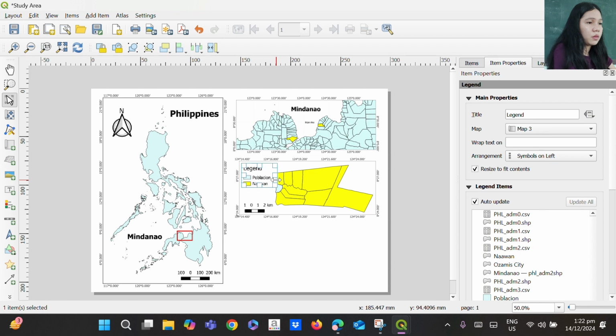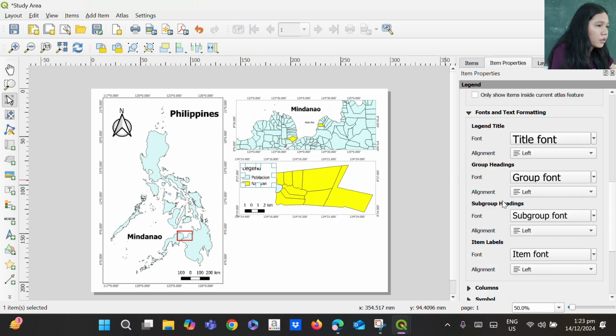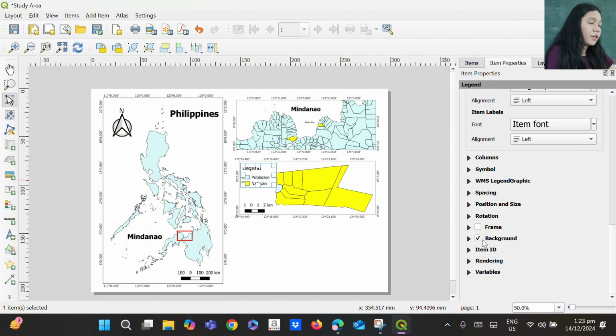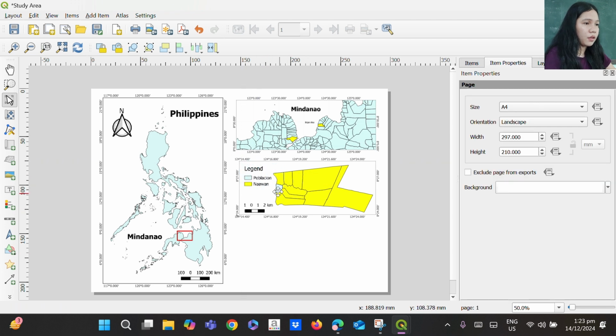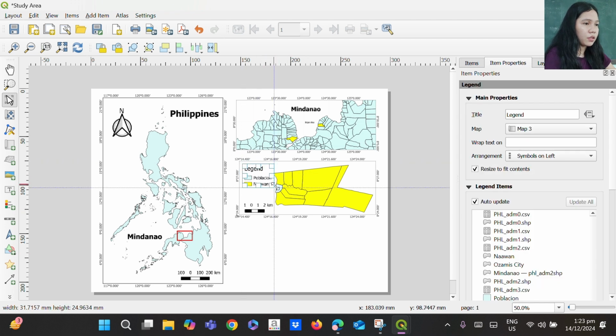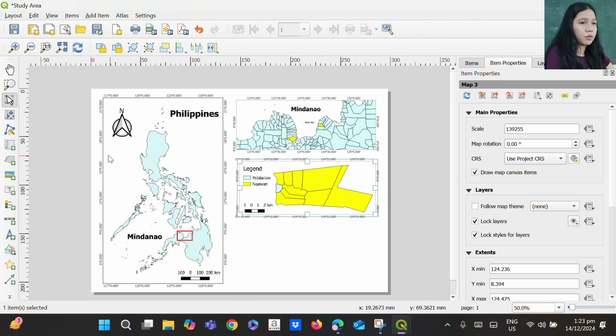I'm going to adjust the font and text. If you don't want to put a background, just click this one. So you don't have the background on the text for the legend, so you can adjust this to your preference. So we're done with the first study area.